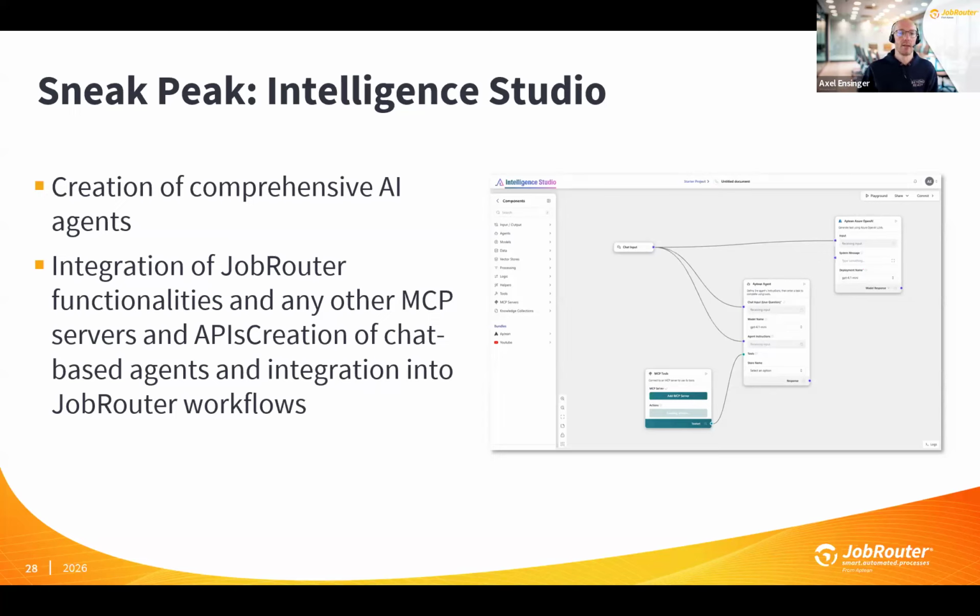And as I said, it's integrated into JobRouter. That means at any point in your processes, you can just say, I want to start this agent and initiate it, and then you build this rich agent and bring it into the JobRouter world, or even out of the chat that Romy just showed you, it will be possible to interact with these agents to bring more functionality into the JobRouter platform. But even besides that, you can just integrate it somewhere else in your environments. You don't have to use JobRouter. You can use it even without JobRouter. Very important thing for you, I think.